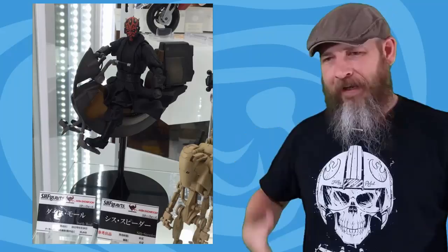And then also sticking with SH Figuarts for a moment, if you scroll down, they've moved Darth Maul up right behind the releases for The Last Jedi, and that's apparently because in November he's getting a re-release, and in the fine print over to the side, it says he'll come with his Sith speeder. We've been seeing this at shows for a long time. Well, pictures probably weren't supposed to be taken at those shows, but what can you do? It looks like he has kind of a different robe, or I don't know if it's cloth or more flexible plastic, but him sitting on the speeder looks fantastic. Now, they don't have a price, it just says more